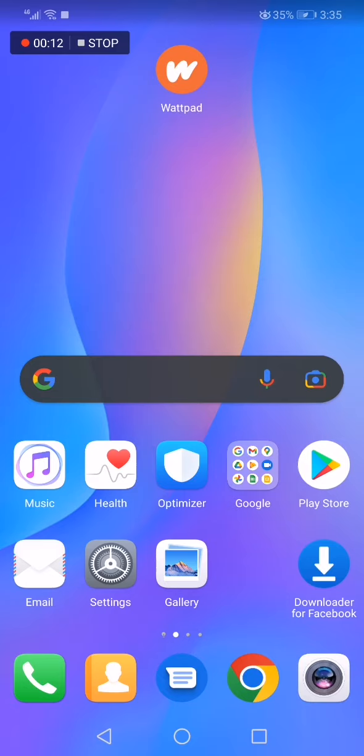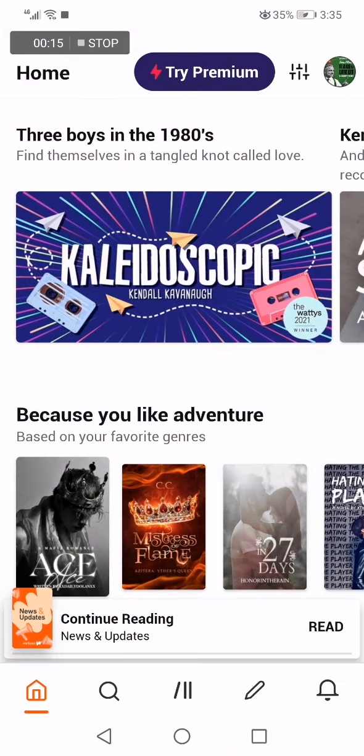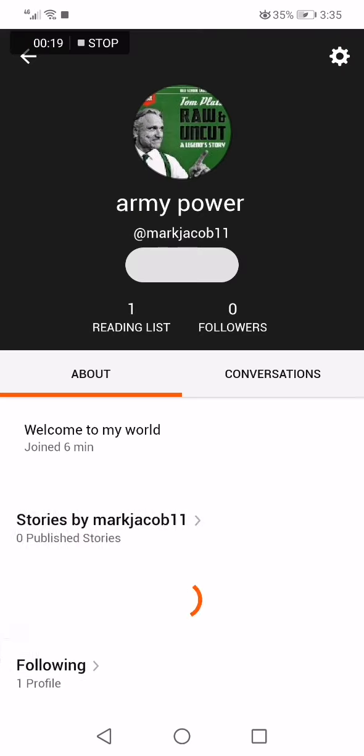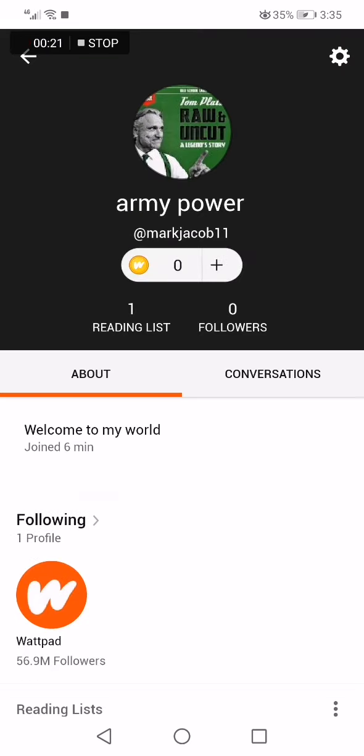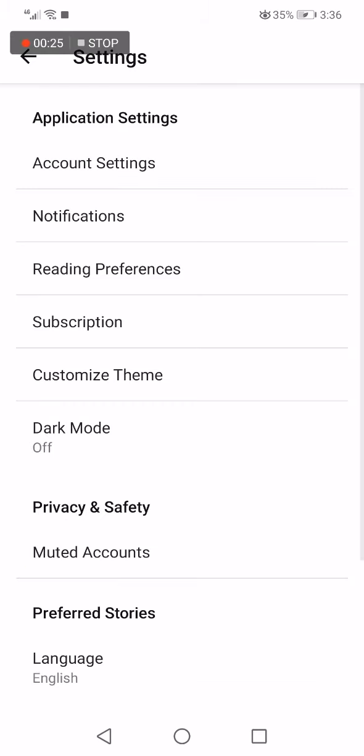So all what you have to do, go to Wattpad. This is the home page. As you can see, go to the top corner and click on your profile picture, and now click here on this little gear and choose account settings option. Click on the first one